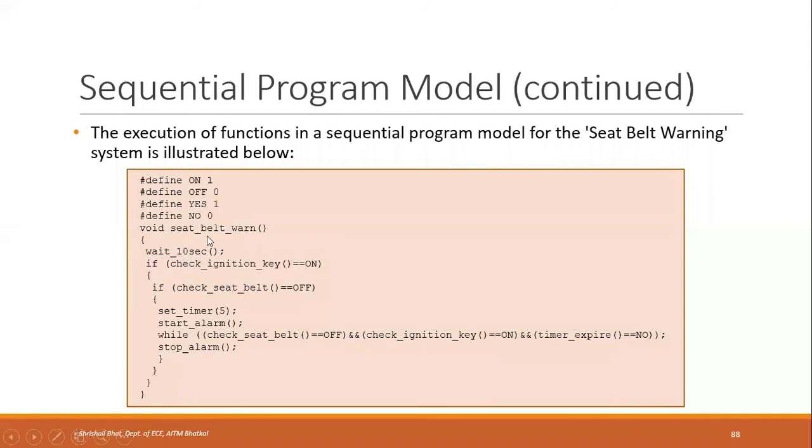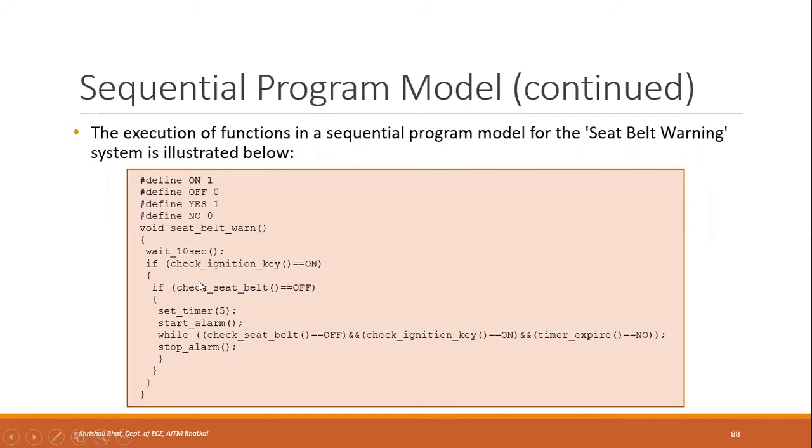Then you check some conditions: if the ignition key is turned on. This is a function, check ignition key is equal to on, which checks whether the ignition key is turned on. And if the seat belt is off, that means it is not fastened.